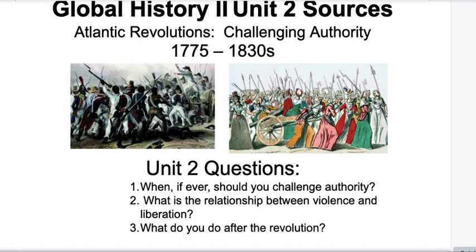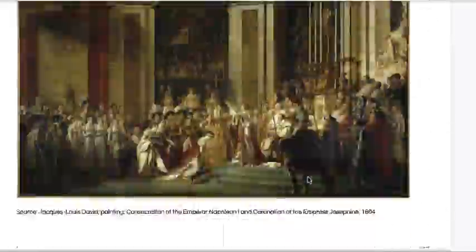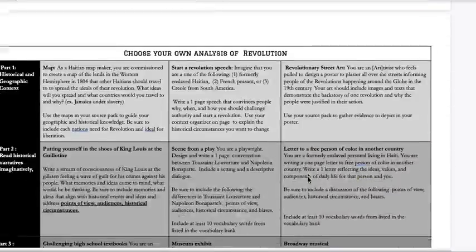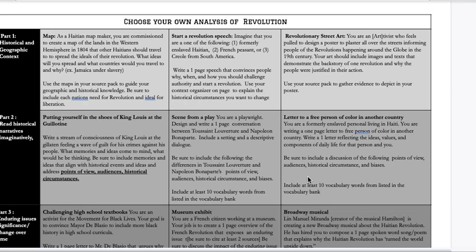All right, y'all. Good luck with these choice board projects. Remember, it's on page 22 of your source pack. I'm going to scroll there one more time. And the rubric you are being graded on is the Enduring Issues rubric. You're being graded on analysis and evidence. And Mr. Lopez should have showed you that rubric. If you need it, go ahead and reach out to me. I can send you the link.